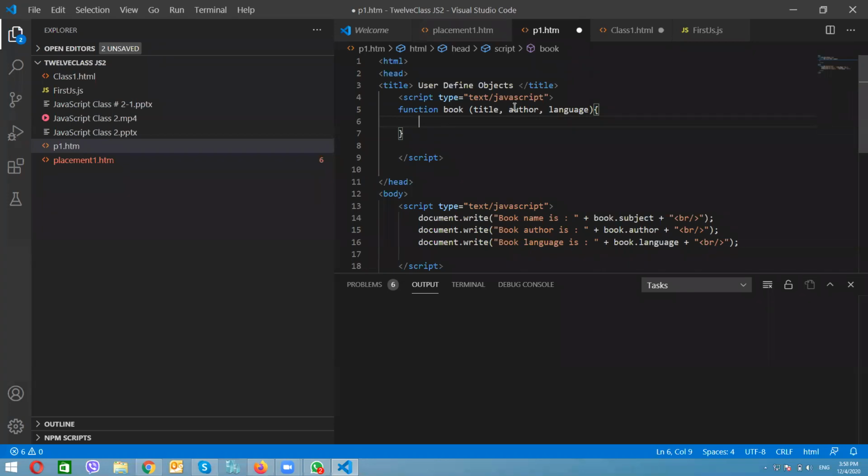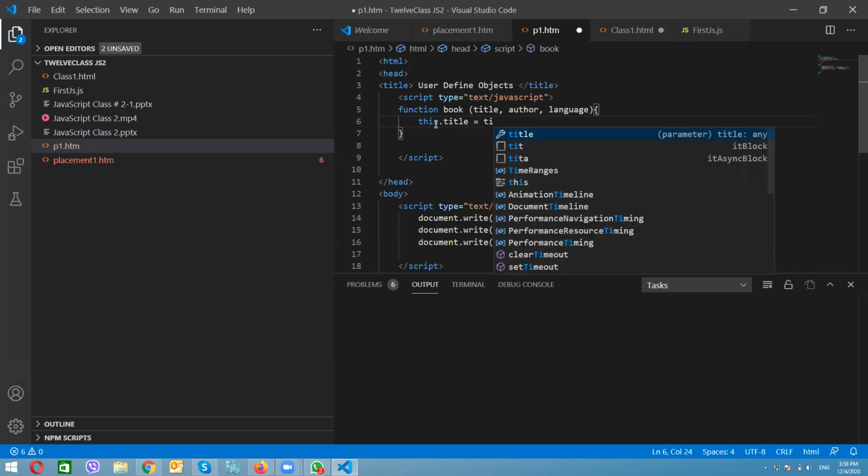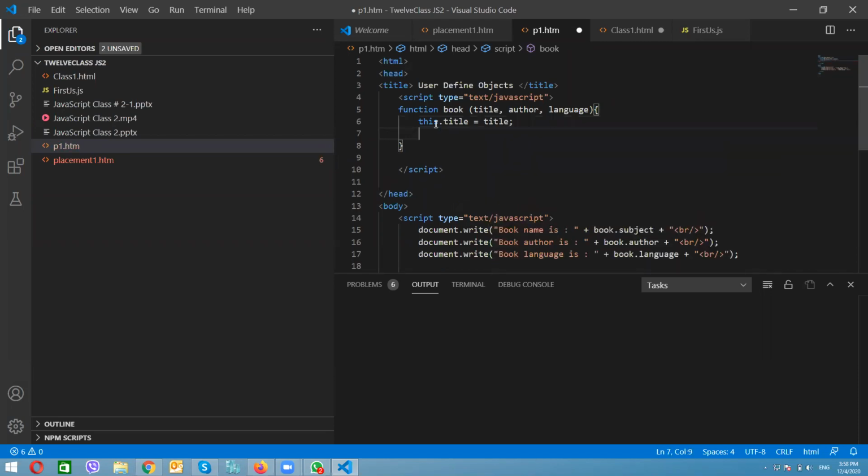In order to explain our JavaScript, we are creating a function and creating some properties on it, and we are assigning some values to them. How do we assign these values? We will use this dot. You see, title automatically comes here. This.title is equal to title. This.author.